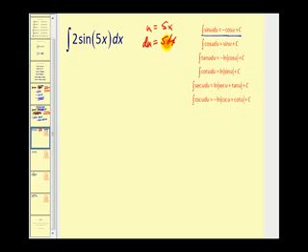So let's go ahead and solve this for dx. We'll divide both sides by 5. So this means that 1/5 du is equal to dx. Let's go ahead and do the substitution now. Notice we have not accommodated for this 2, so that's going to stay there. This is equal to